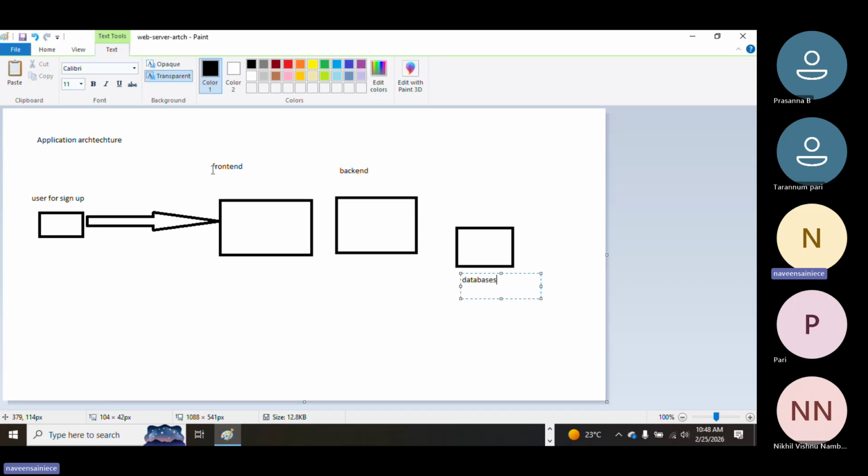They will create the web pages, everything. Now backend means they write server side scripting, like PHP, Java, .NET, Python, because they work closely with the database. How the data will be fetched from the database and how to write the data in the database, who is the responsible person? Backend developer.